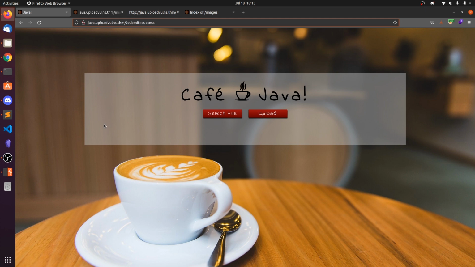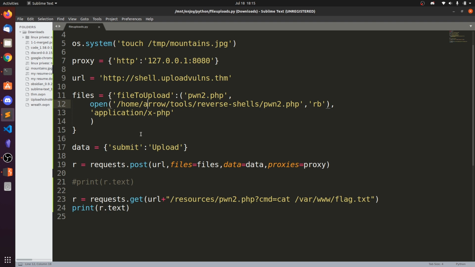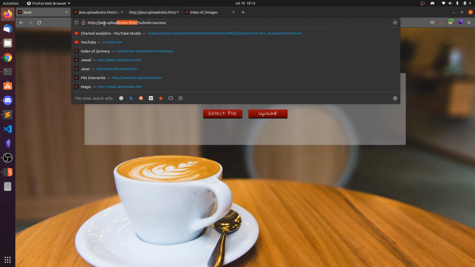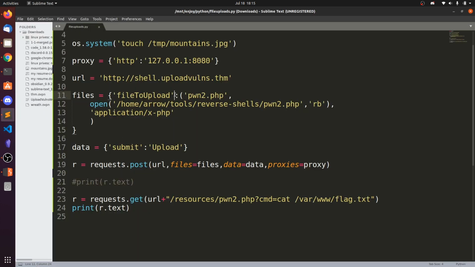So this is very easy with Python because you are directly sending the POST request. If you send the GET request, then the JavaScript will be loaded and it will not even execute because it's not a browser. So it's easy to send the file with Python, even with tools that work with uploads like curl, Postman, etc.